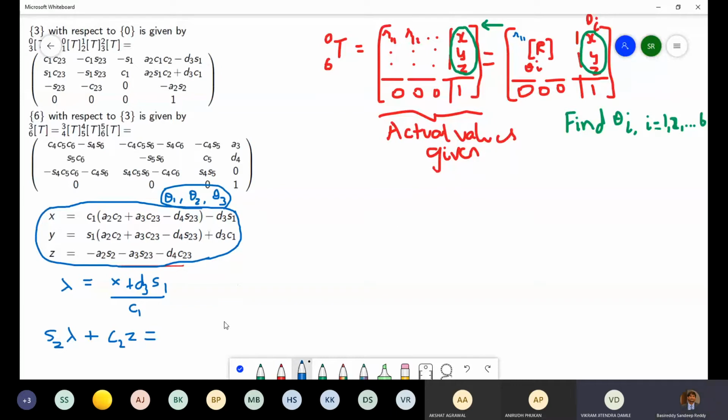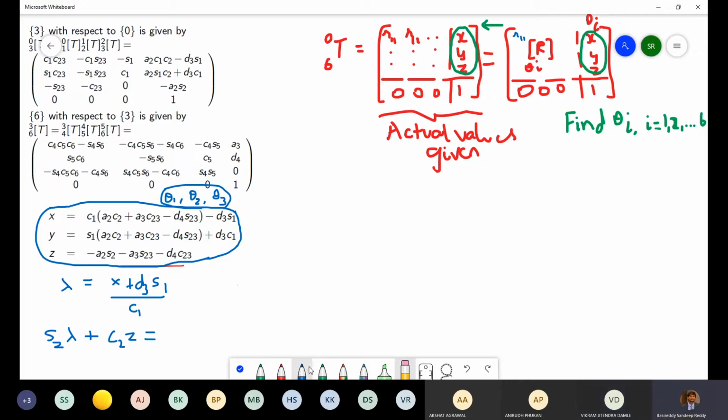And the A3 term becomes S2 C23 minus C2 S23. What will this be equal to? The A2 term cancels out between the two of them. There's an A3 term and there's a D4 term. So the coefficient of A3 comes out to be S2 C23 minus C2 S23. That is the angle subtraction formula. So you get 2 minus 3 minus 2, which is S3. And for D4, you get the coefficient C3.